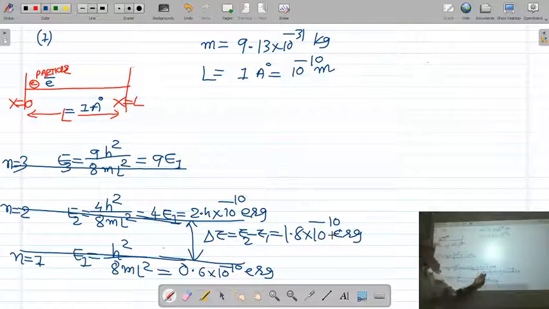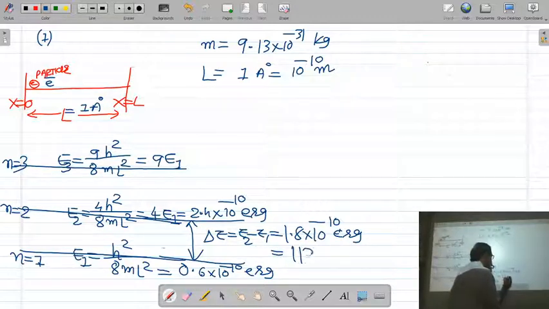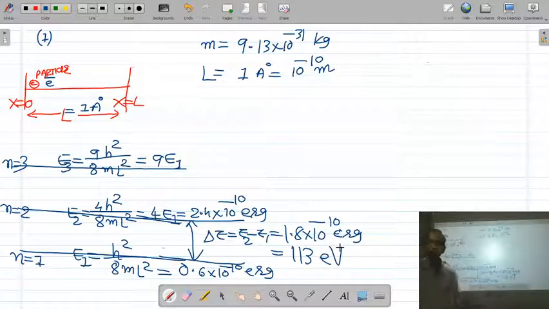So this is the energy difference of the electron moving in a one-dimensional box of length 1 angstrom between the two levels 1 and 2. That is 2.4 minus 0.6, 1.8, that is the energy. If you convert this energy into electron volts, it comes out to be about 130 electron volts. So this value is very small, but on the atomic scale this value is too much, and therefore we can say that the energy levels of electrons are discrete. So quantum mechanics substitutes a discrete energy level spectrum for the particle moving around in the box; it has distinct values of energies given by n squared h squared upon 8mL squared. Thank you so much.